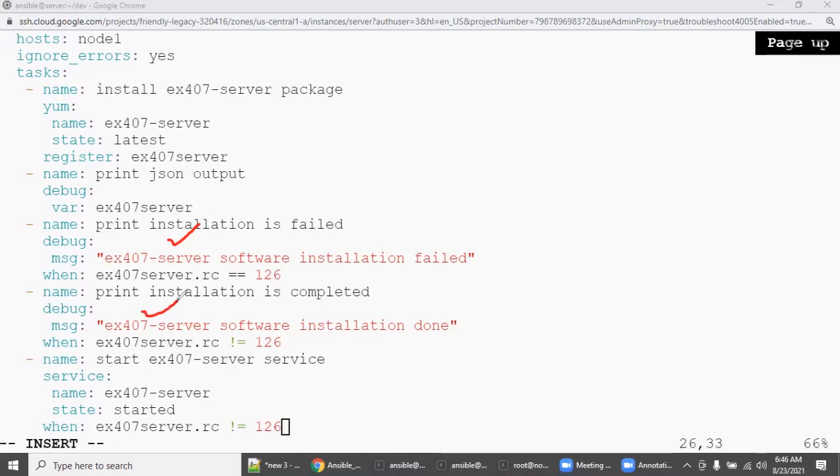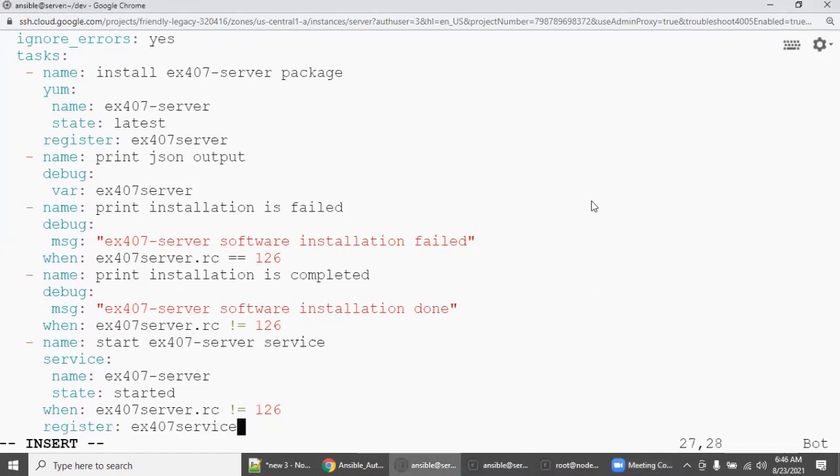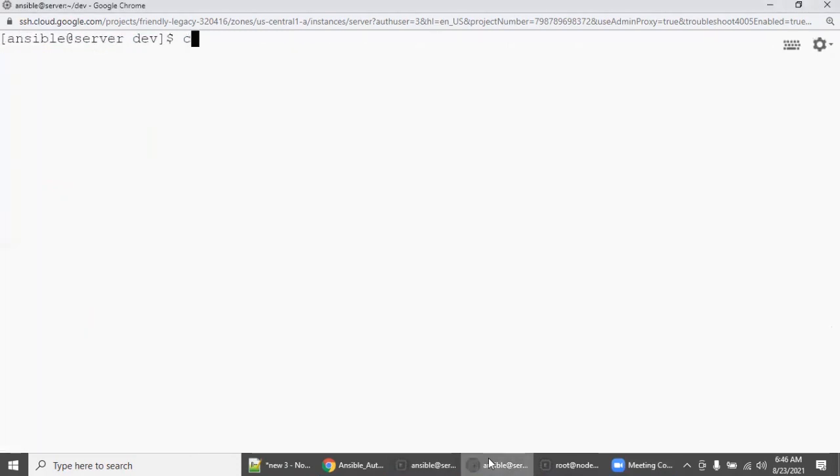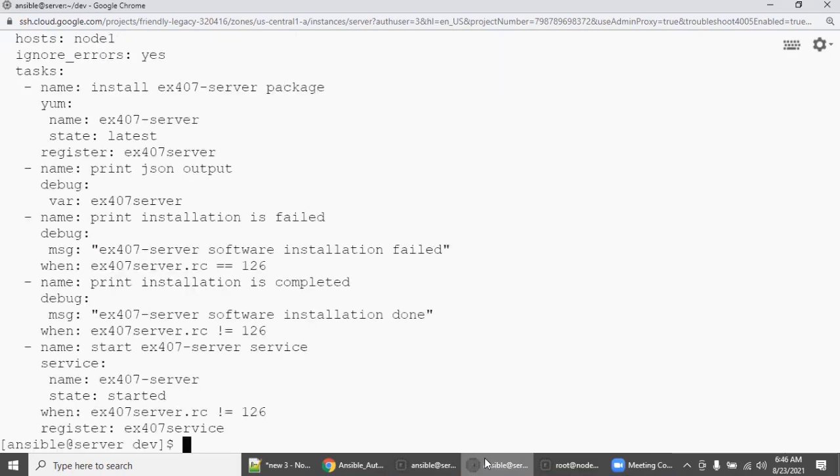Why? Because to get some good understanding, you always go with both a success print as well as a failure print. This will give you an idea what exactly you need to do in both scenarios, right? So come down. So we have now the condition as well as the register, right? So let's save it. Check. We have the changes replicated now. Yes, replicated. Now you execute the playbook.